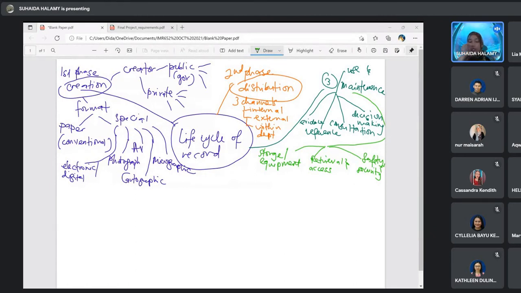Okay, for temperature, paper suitable temperature range around 18 to 25. And then for special, around 16 to 22.